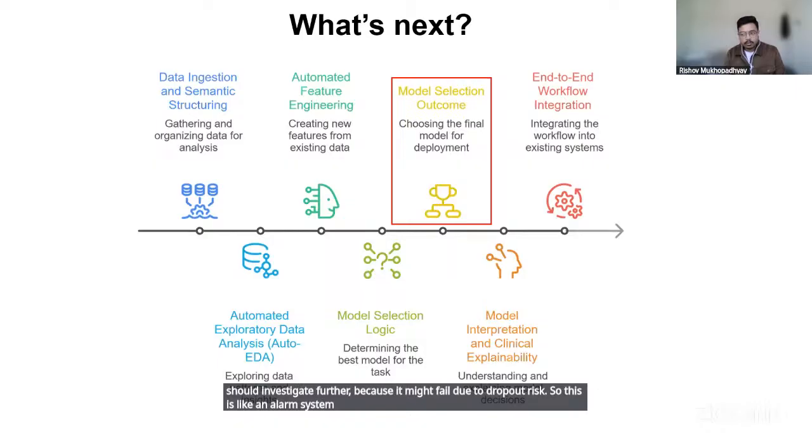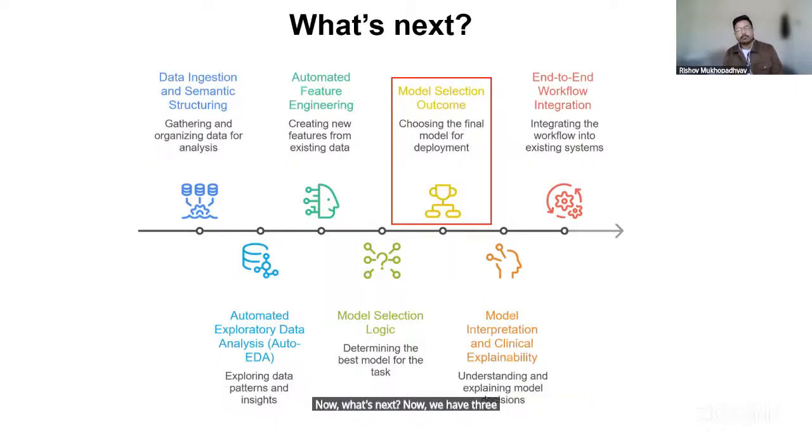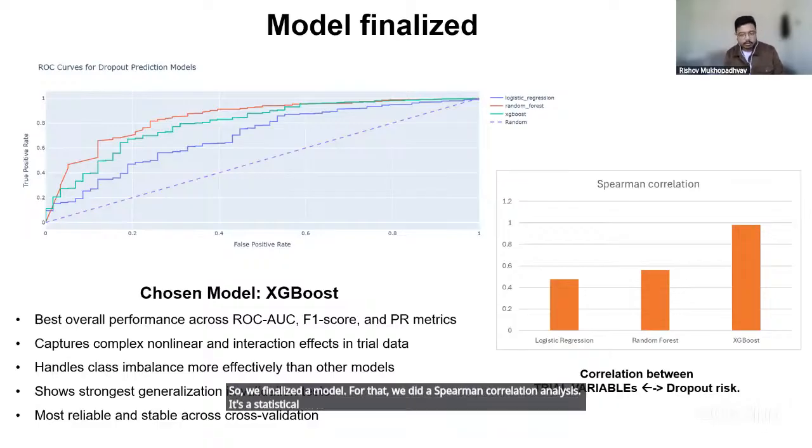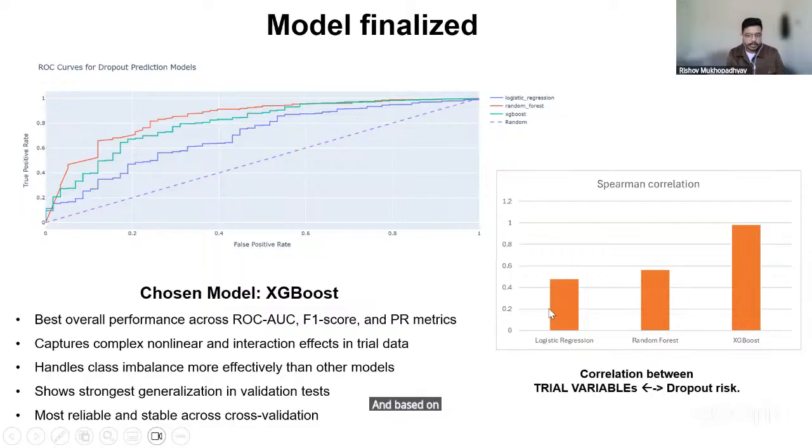Now, what's next? Now, we have 3 models. We know how each model is performing, but we want to see which is the best model from all aspects, not only performance. So we finalized a model. For that, we did a Spearman correlation analysis. It's a statistical analysis done by Torno. So Torno gave me some numbers, which I plotted myself, but Torno can also plot it if you ask it. And based on this Spearman correlation, Torno made a correlation between the trial variables,